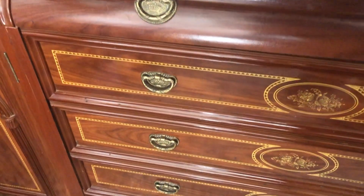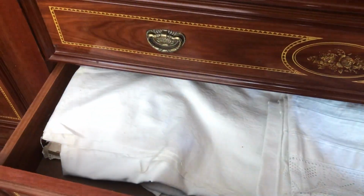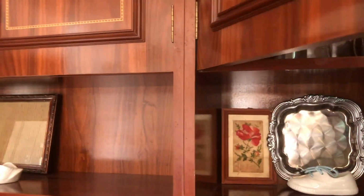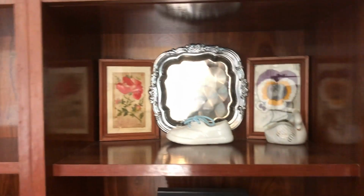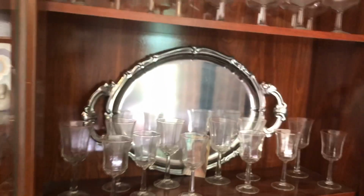Linens, more linens, and more stuff. Up in the cupboards, again, more stuff. And this cupboard, much like the one the other side,